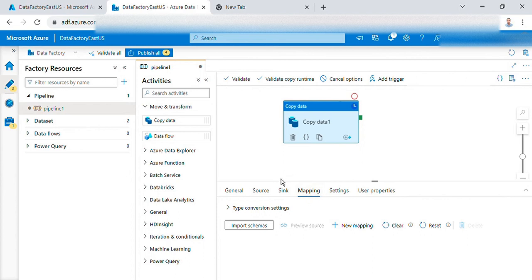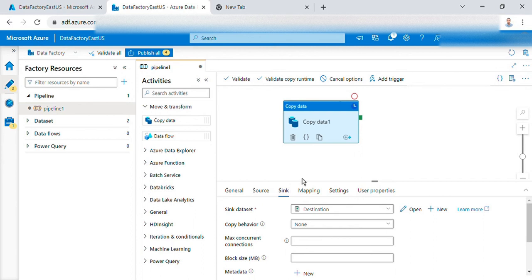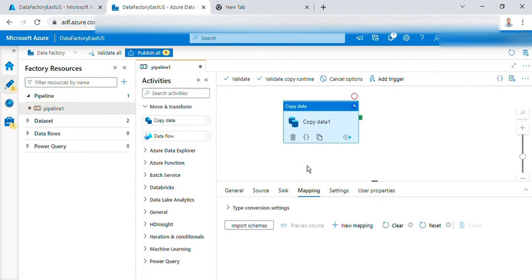And if the column names in the source and sink are completely the same, then mapping is not required. Otherwise we'll have to import schemas and check what the mapping is.